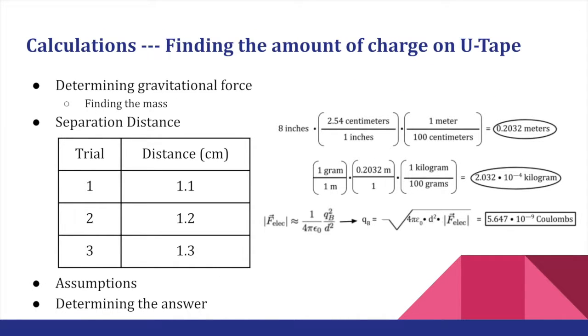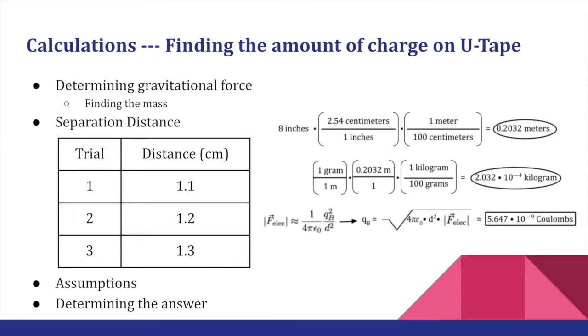Because we know that density is mass divided by volume, then we know that mass is just volume times density. The length of our tape is 0.2032 meters. Using these values in the equation we attained, the mass of our tape is 2.032 times 10 to the negative 4th kilograms. We can determine the gravitational force using the equation F equals mg and get the force to be 0.00193392 newtons in the downward direction,